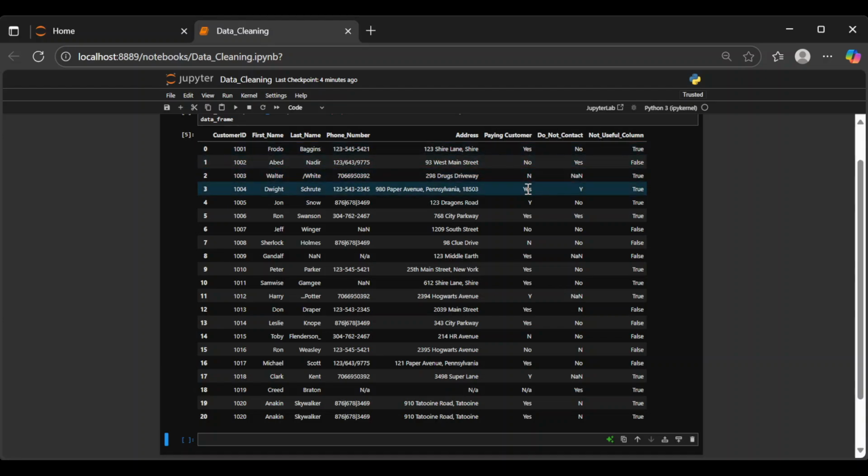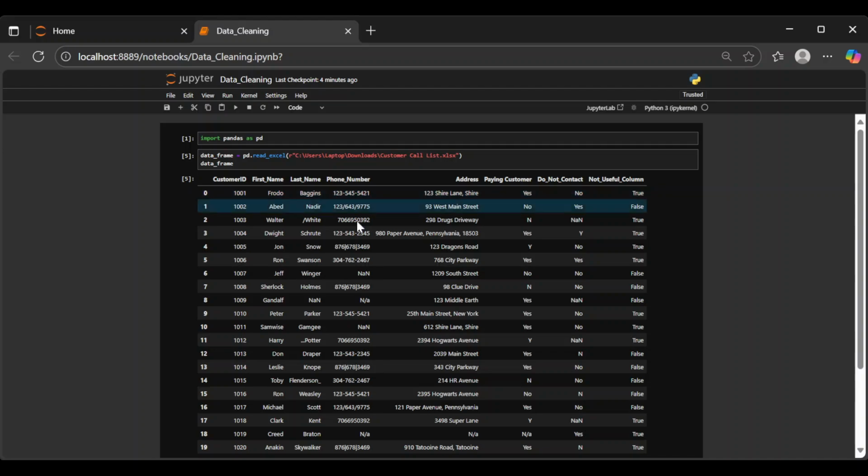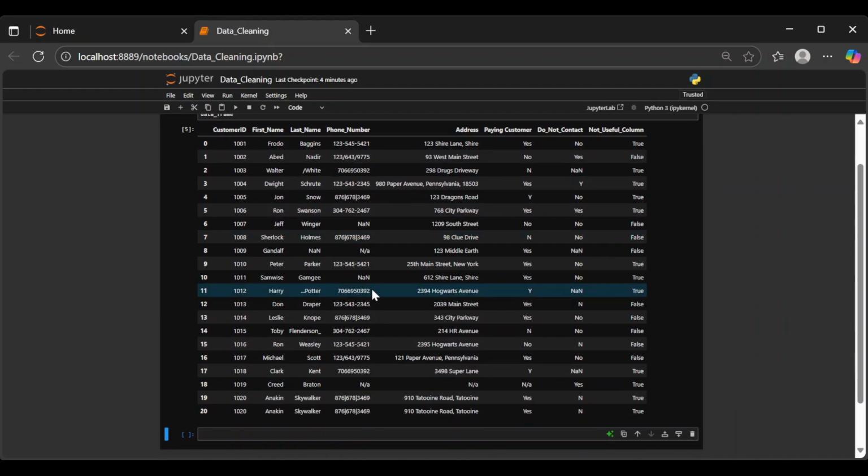For paying customer, we have yes, no, n, yes, y. So we have to turn it into y and n only to make our data neat. And then do not contact, y and n. Once do not contact is yes, we have to remove the whole row because it's a call center. We need customers that we can contact. Do you get what I'm saying? So anywhere we see yes under do not contact, we are going to remove them. And for the not useful column, we're going to